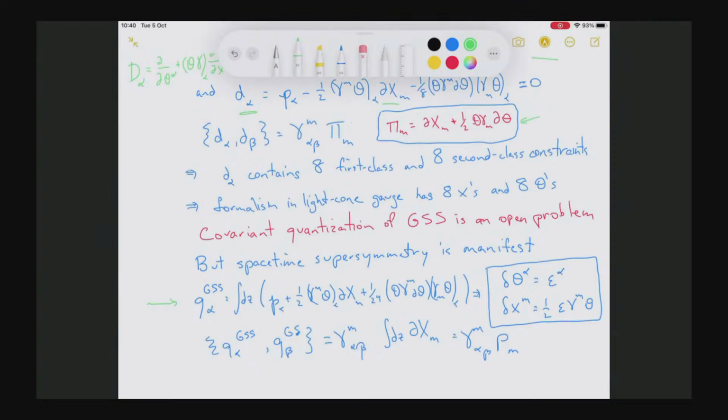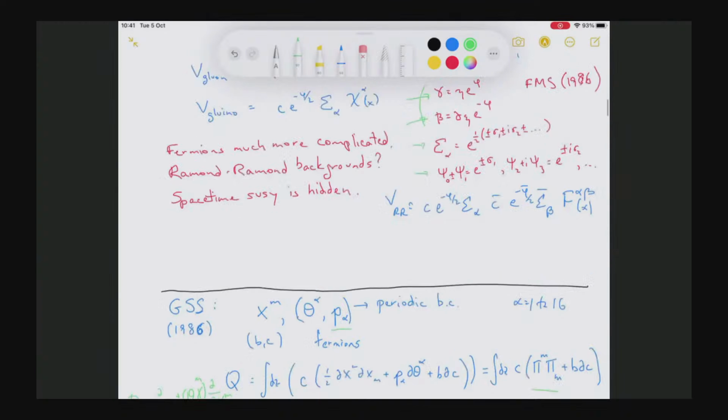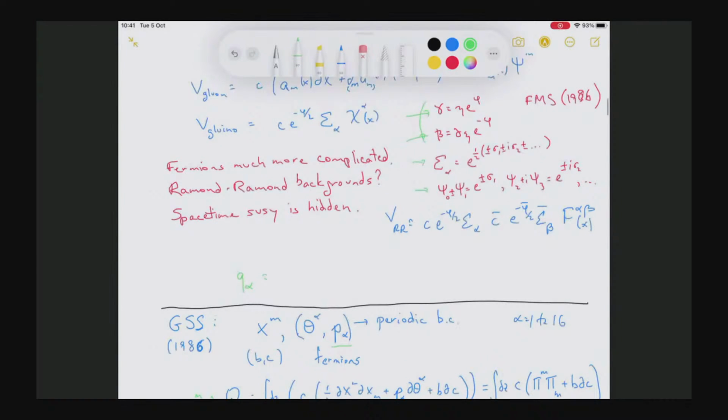Okay, now as I mentioned, you can also, of course, compute the anti-commutator of Q alpha with Q beta. That's also not zero. Of course, it's not supposed to be zero. It's supposed to generate the supersymmetry algebra, and in this case, Q alpha with Q beta generates the translation generator. Now that's different from in the RNS formalism. If you compute Q alpha in this description, one can also construct a Q alpha. So Q alpha is essentially just the zero mode of the Ramond vertex operator.